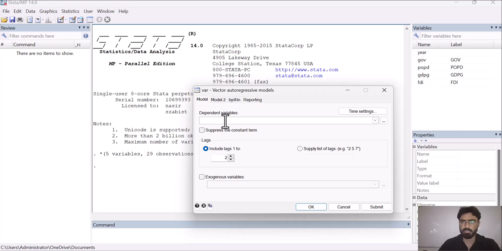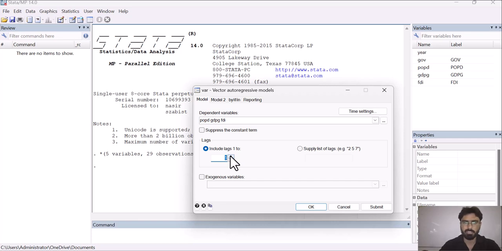Here select your dependent variables. Let's suppose I am taking three dependent variables: POPD, GDPG and FDI. And here you have to select the number of lags. Let's say I am going with 5 lags. But keep in mind, we are not taking these lags according to our own choice. We have discussed in previous lectures that there are lag length selection criteria.